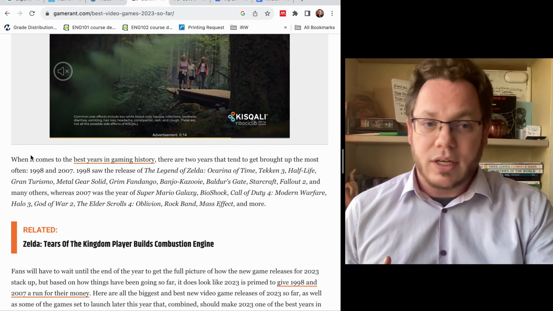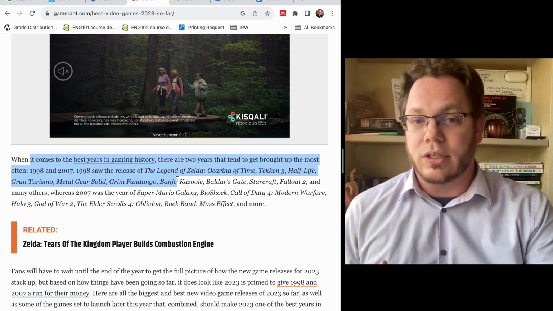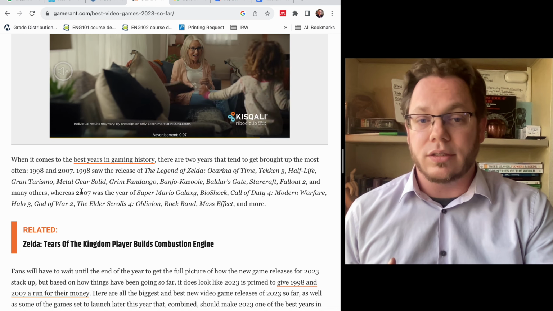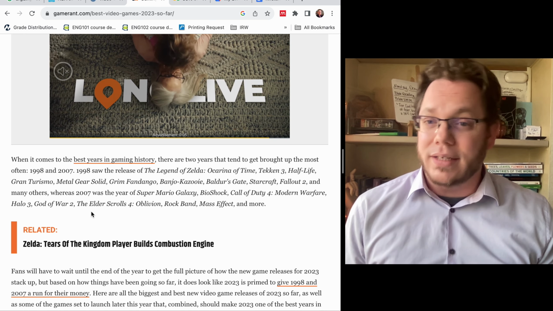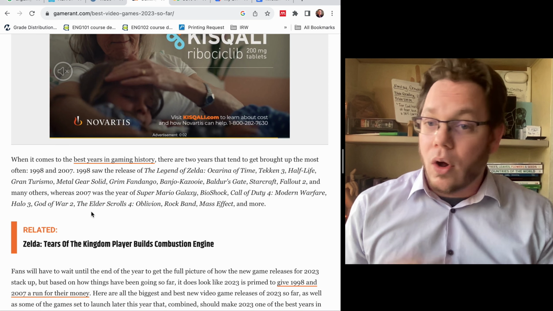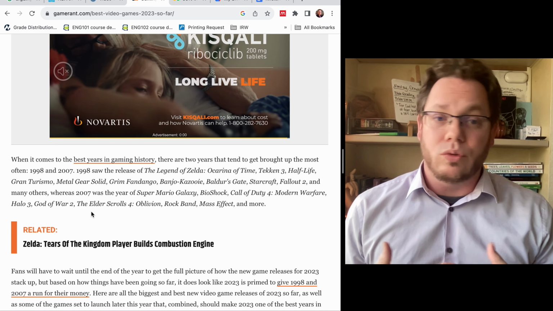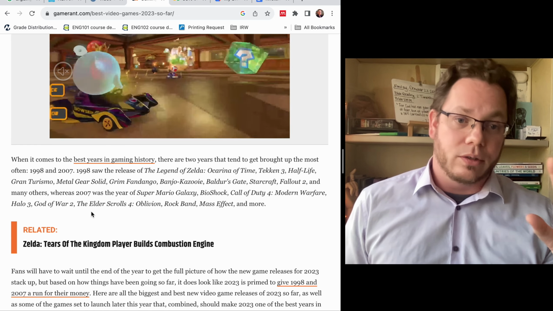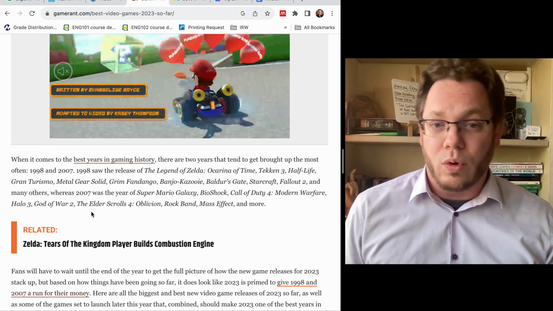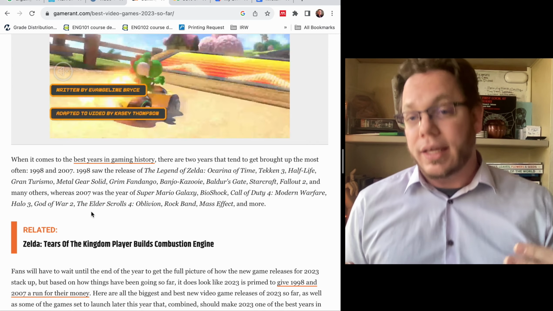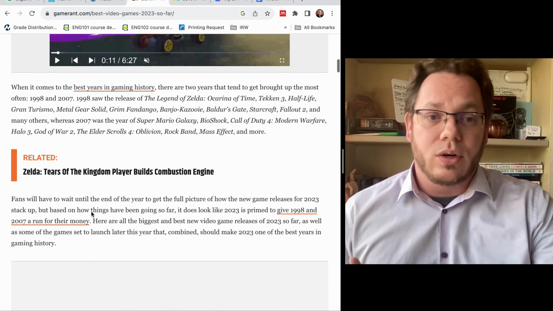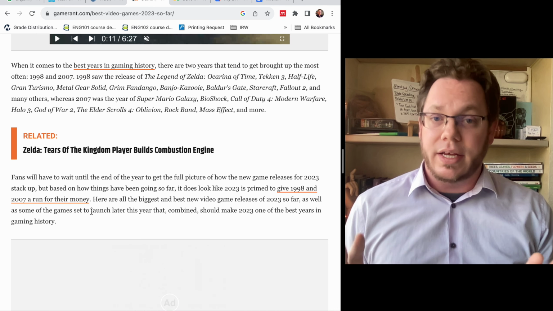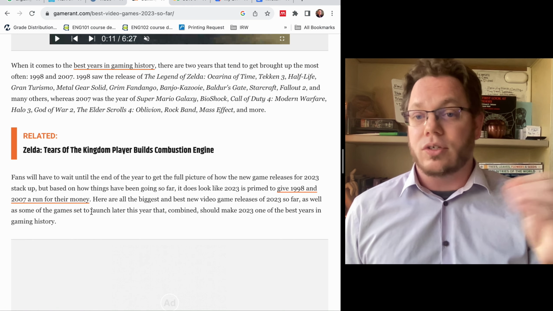When it comes to best years in gaming history, there are two years that tend to stand out. They give us two years and they give us games connected to those two years. Now that data is just saying, remember all these cool games. And those who know about gaming may know that The Legend of Zelda or Tekken 3 or Gran Turismo were big games, or Baldur's Gate or StarCraft, that these were games that did very well. But without that context, maybe they're not presenting this data effectively. Maybe there's another way to present it.